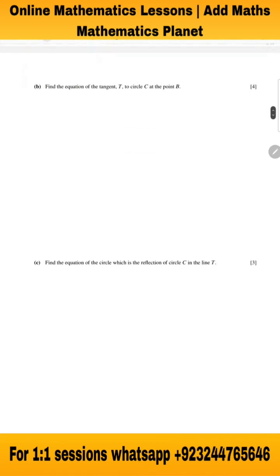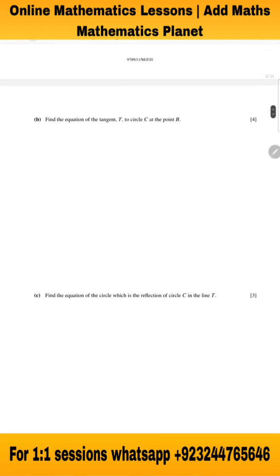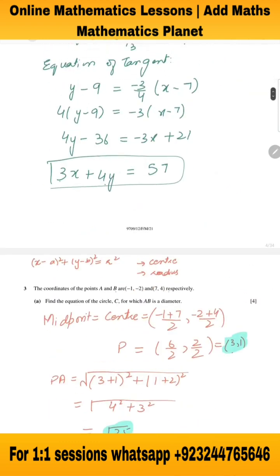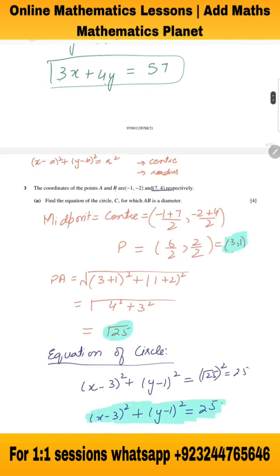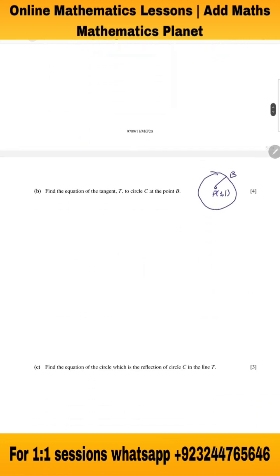Okay, find the equation of the tangent T to the circle at the point P. So now we need to find the tangent T at the point P. So we are going to draw a circle over here. The circle has the center P at 3, 1 and point B here is, so what was the point? Point B was 7, 4. So the point B is 7, 4, and there is a tangent line. We need to find that